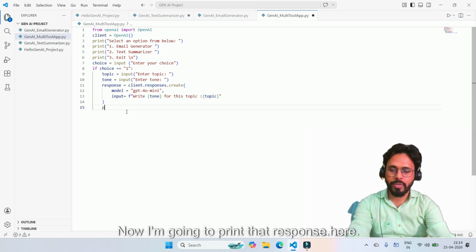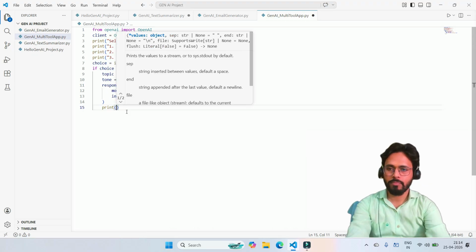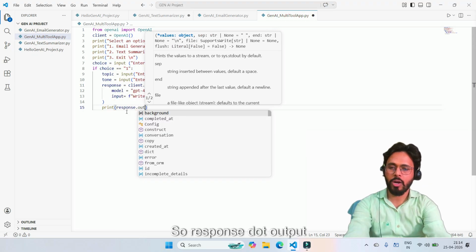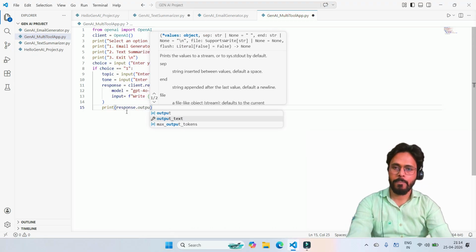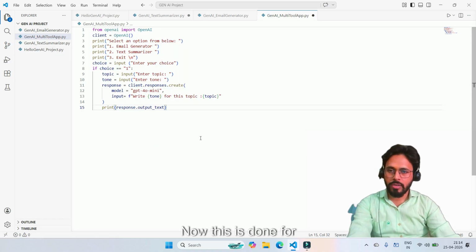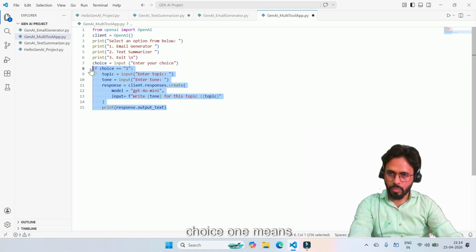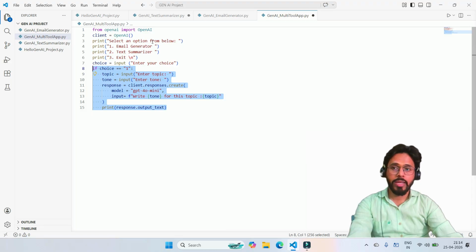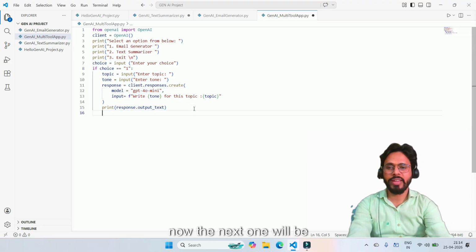Now I'm going to print that response here. So response dot output underscore text. Got it? Now this is done for choice one, meaning the email generator. Now the next one will be